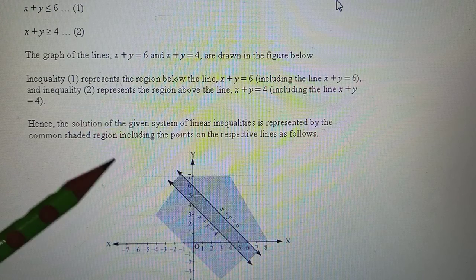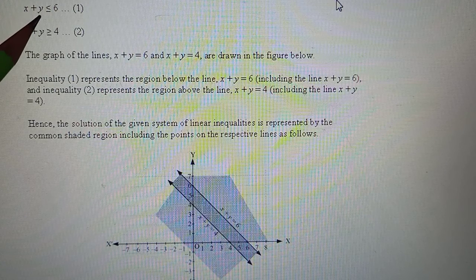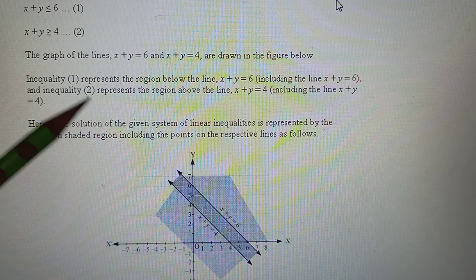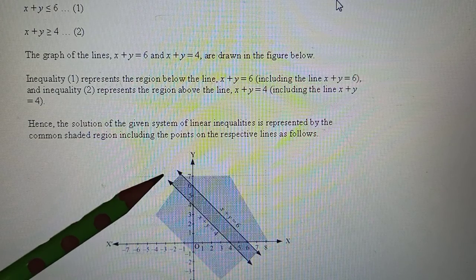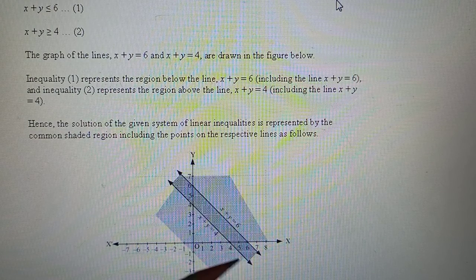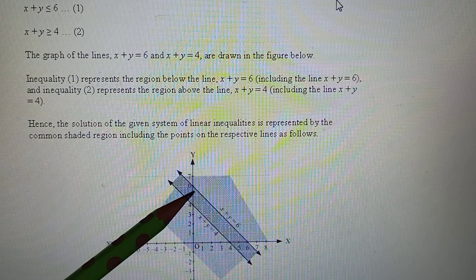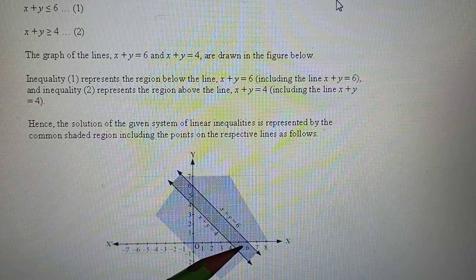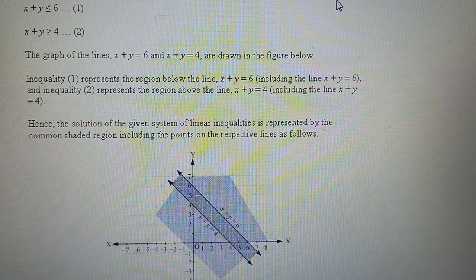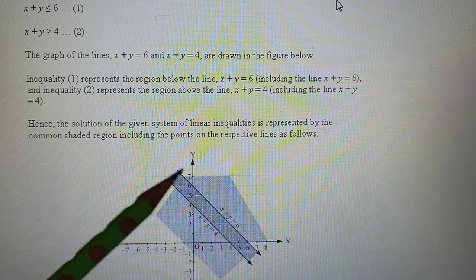Okay. So as you can see out here also, if you plot it, for this the points will be 0, 6 and 6, 0. For this it would be 0, 4, 4, 0. Easy enough. So this is your x plus y is equal to 4 passing through 0, 4 and 4, 0. This one 0, 6 and 6, 0. Okay, so you are clearly seeing parallel lines. We could have guessed that. Okay, and of course equal to sign था तो complete lines आएंगी.